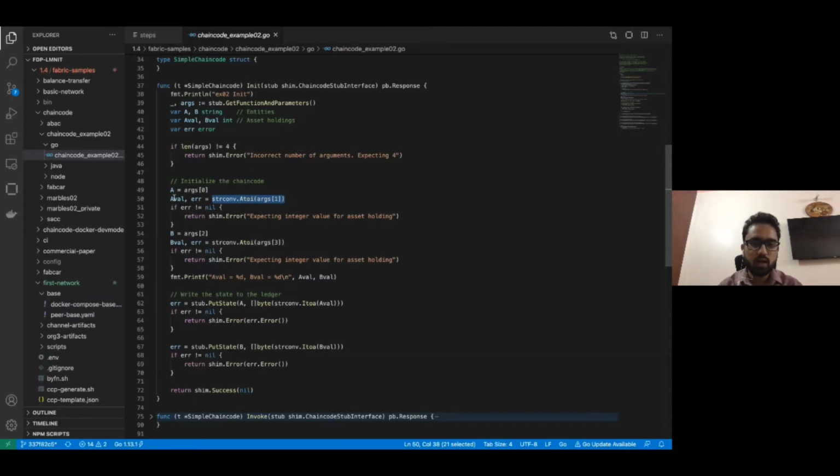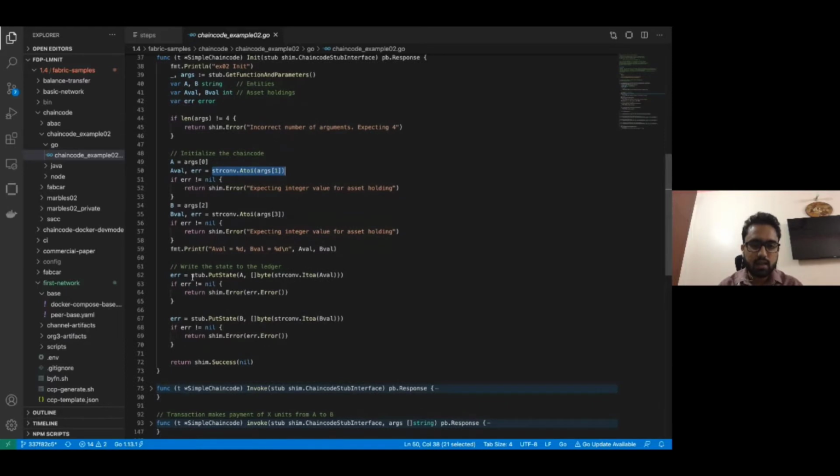Once we have converted those string values to integer values, there is a stub.putState function, which is a shim utility of Hyperledger Fabric that is used to store the state of that variable.